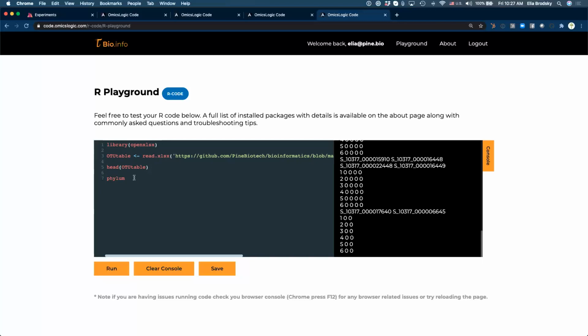Okay, let's store our phyla names. So we'll call this factor, out of the OTU table, and we're going to take this from that first column.